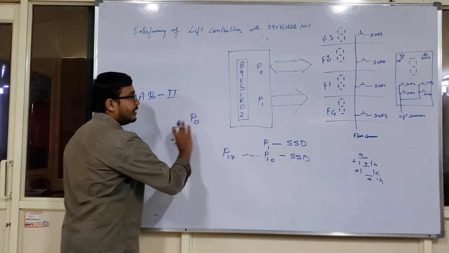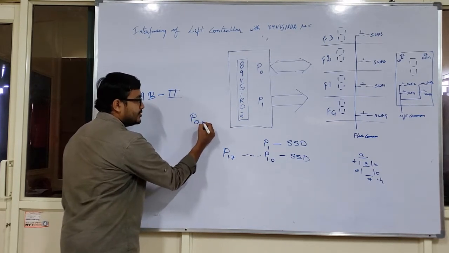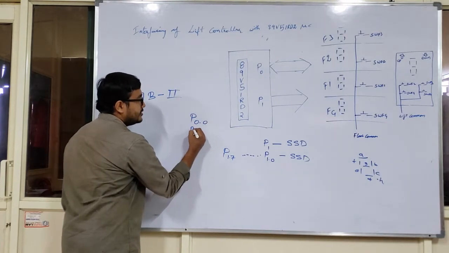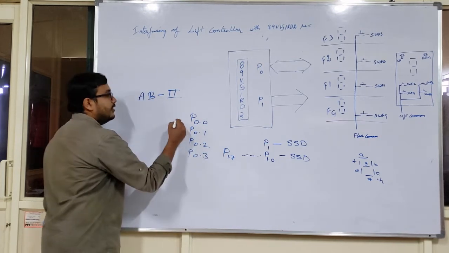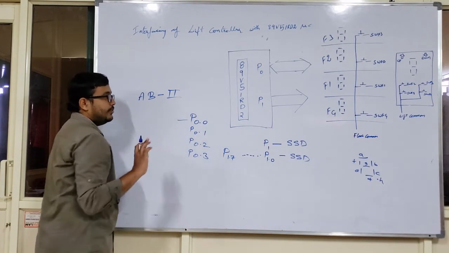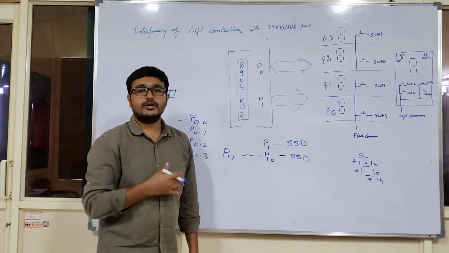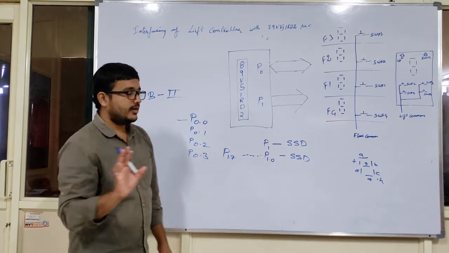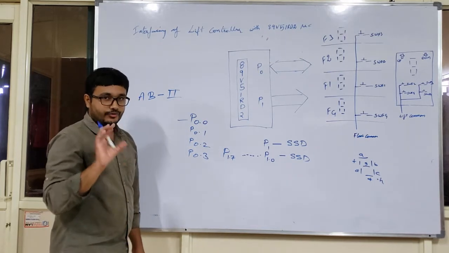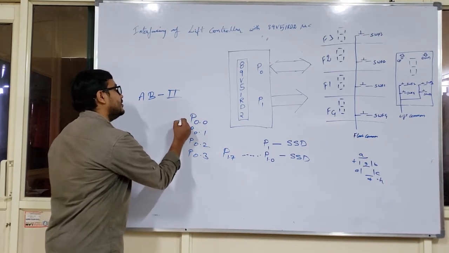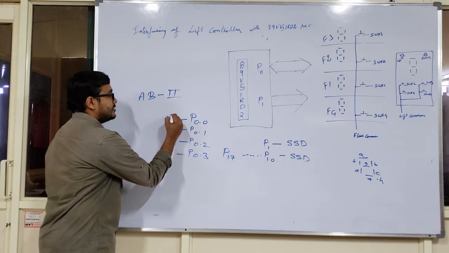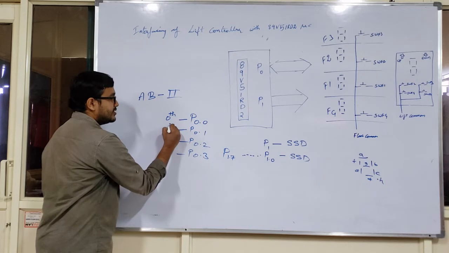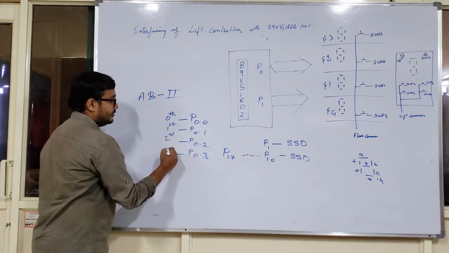Here is port 0. In this port 0 I am not completely utilizing it. I have utilized P0.0, P0.1, 0.2 and 0.3. I am inside the lift somewhere. I am not saying that I am on the ground floor, second floor or third floor. I am somewhere in the lift, on one among the 4 floors. As soon as I enter inside the lift, I may press any of the push buttons. So P0.0 is attached with the 0th floor push button. This is the first floor, this is the second and third floor push button.